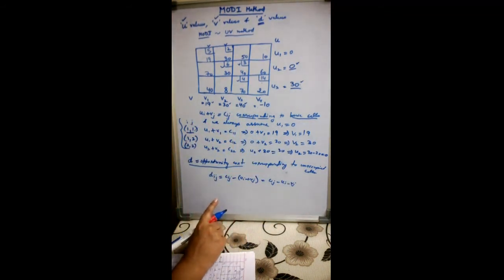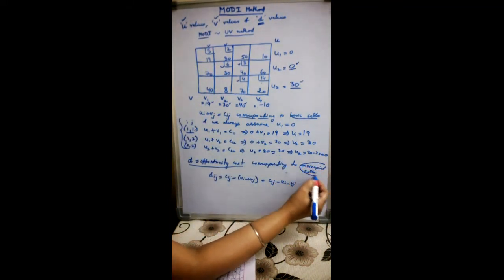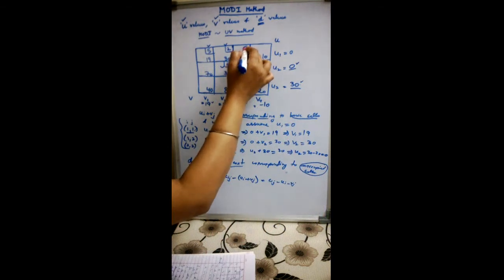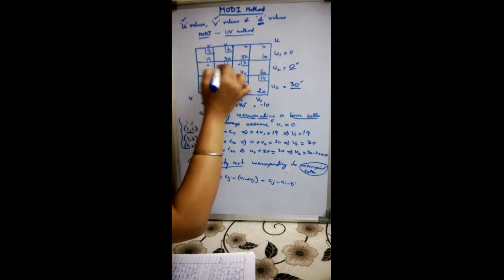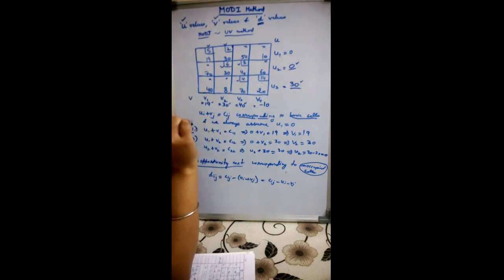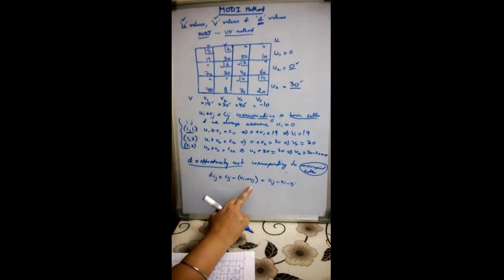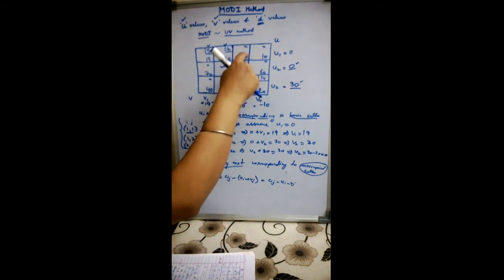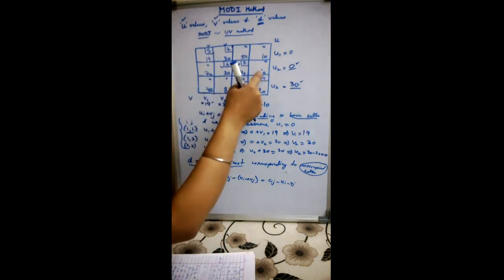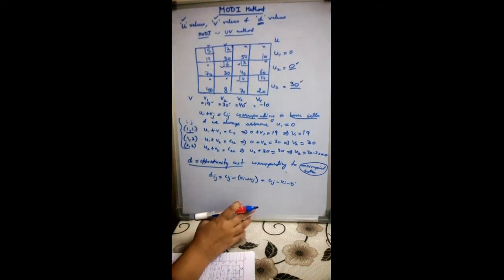So these d values we find corresponding to unoccupied cells. Unoccupied cells means those cells where there is no allocation. These are all the unoccupied cells. So corresponding to all these cells, we'll find these d values by using the rule that dij is Cij minus ui plus vj. Now we know Cij corresponding to unoccupied cells is the per unit cost which is given in each cell, and also we know all the u and v values. So we just have to put in the values and find out the d values.